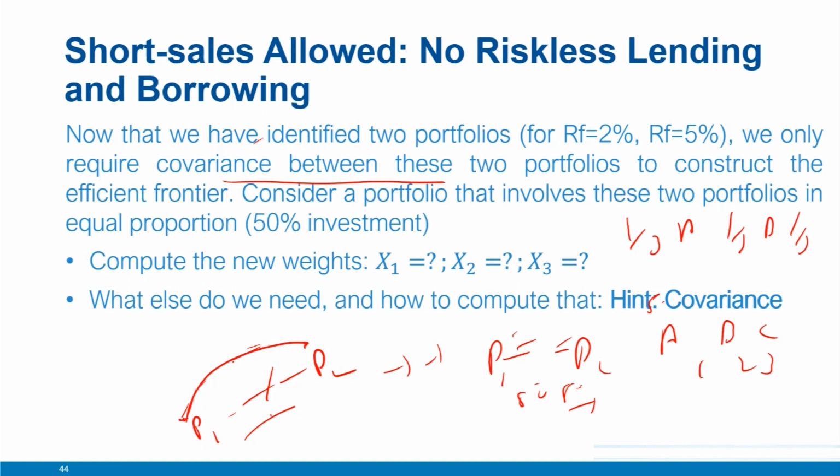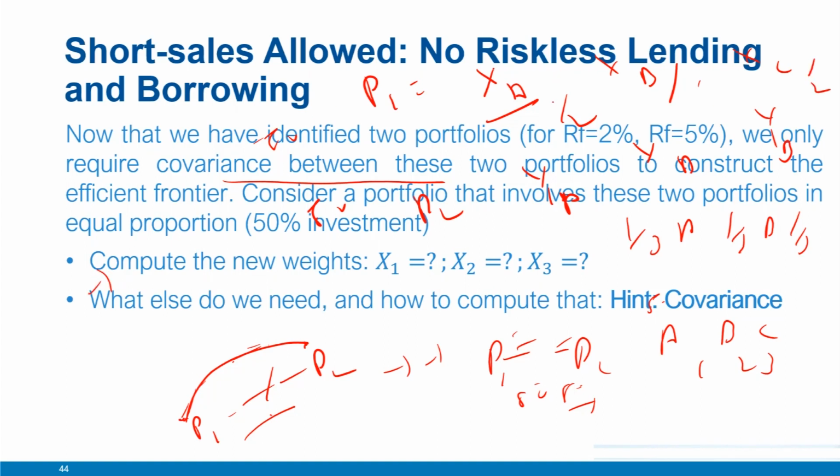So what do we mean here? What we are saying is that, let's say portfolio P1 comprises xa proportion of A, xb proportion of B, and xc proportion of C. P2 comprises ya proportion of A, yb proportion of B, and yc proportion of C. So the 50-50 mixture of P1, P2 would be nothing but (xa plus ya)/2, (xb plus yb)/2, and (xc plus yc)/2, which will be the resulting portfolio, which we can identify using these